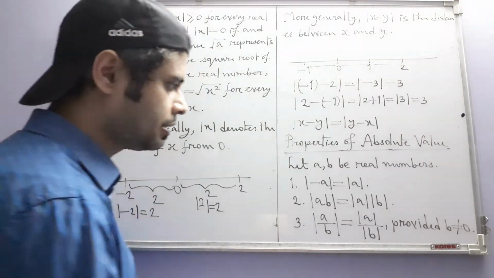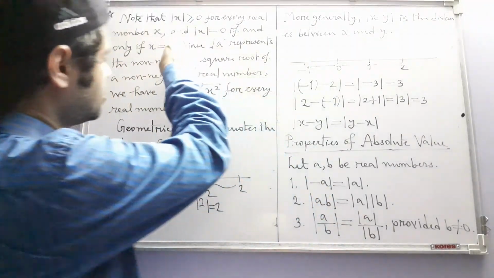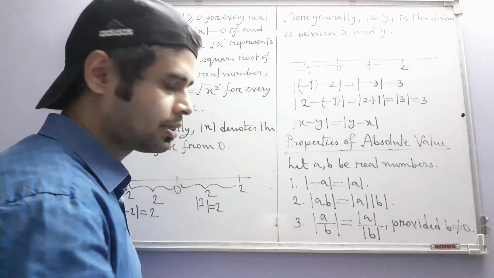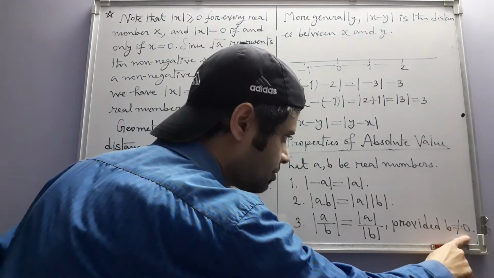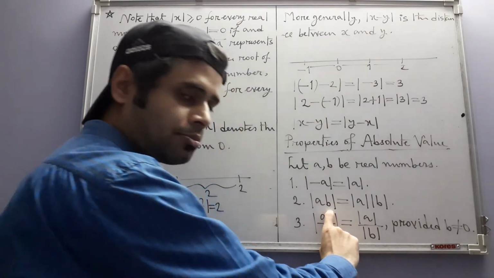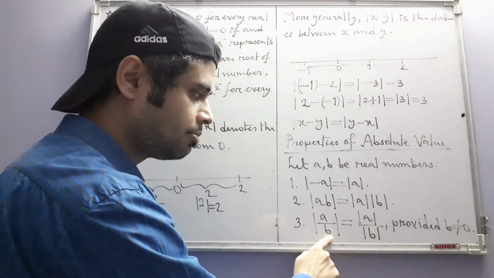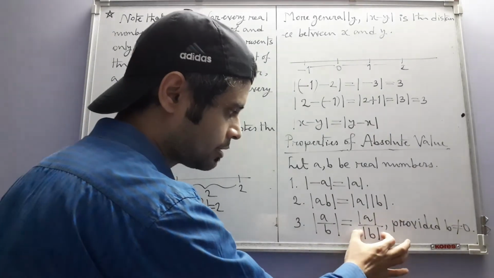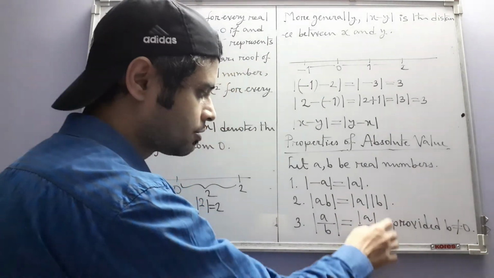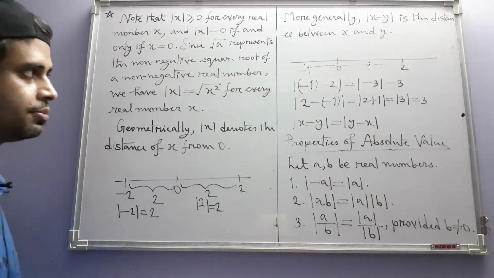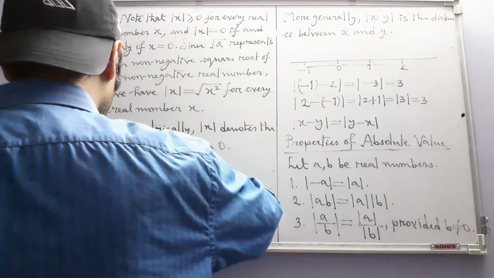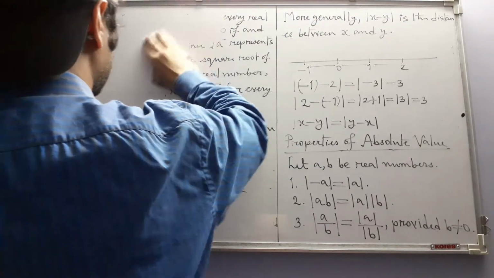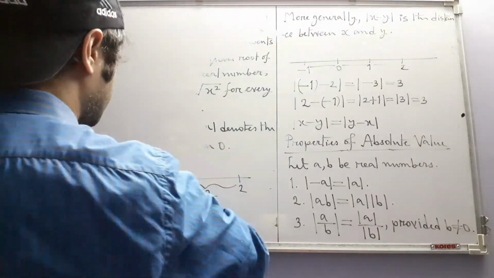Note that the property that absolute value is 0 if and only if the number is 0 plays a role here. If b is not equal to 0, there is no problem with the left hand side, a divided by b. However, what about the right hand side? When b is non-zero, its absolute value is non-zero, so the right hand side is also okay. And the fourth one is by far the most important, that is the triangle inequality.